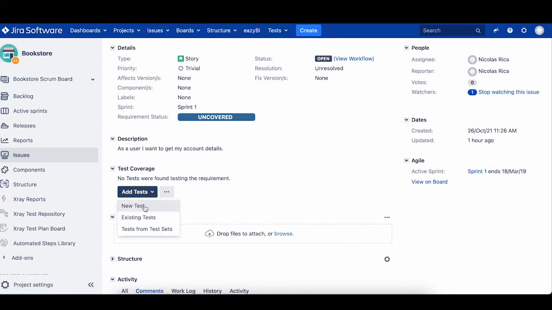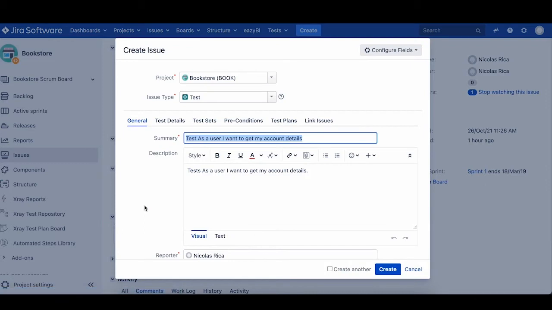But let's say I want to create a new test. So let's go from here. I can already see that some fields are already filled in. This is pretty cool because it saves some time and avoids making some mistakes. For example, the project is exactly the same as the one in the requirement. The issue type is test. In the summary, we have the same summary that we have in the story, which is the requirement, plus the word test added at the very beginning. In the description, I have exactly the same text: as a user, I want to get my account details. We can, of course, edit this value,